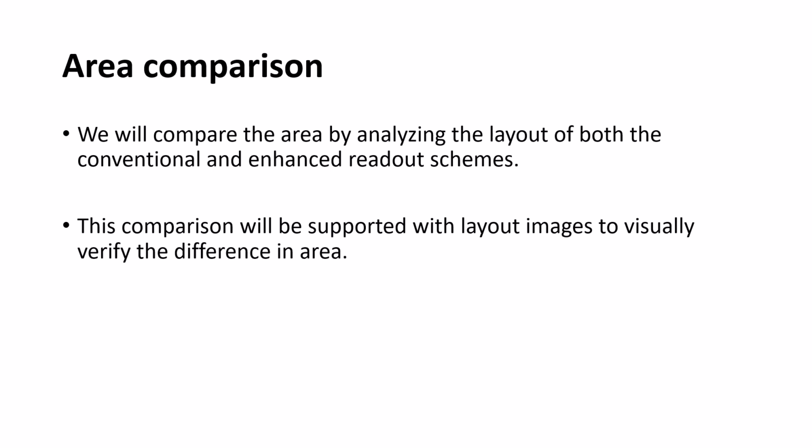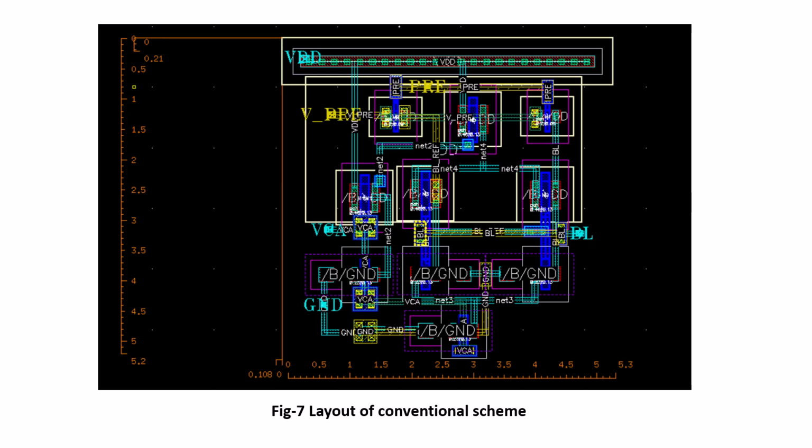So here we will see the area comparison. We will compare our area by analyzing the layout. First we will see the layout of our conventional scheme. This is the layout of the conventional sense amplifier. Here we can see the scale marking, showing a width of 5.2 micrometers and a length of 5.3 micrometers. So overall, if you multiply, the area comes to close to 27 square micrometers